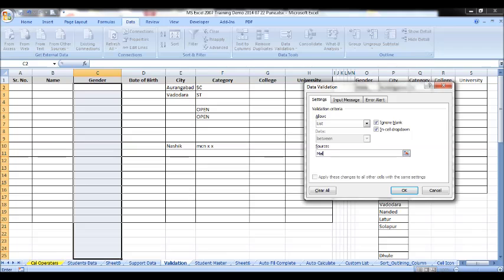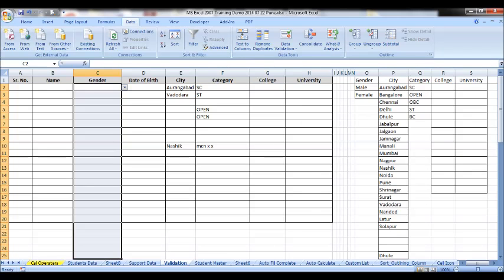One is male, comma, second is female. Two words separated by comma, no space. Click on OK. If you look at the cells, it is set for validation.